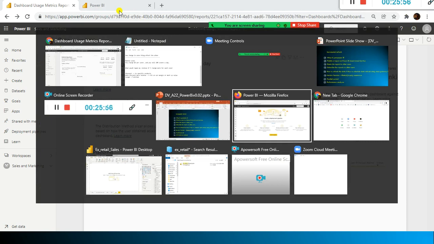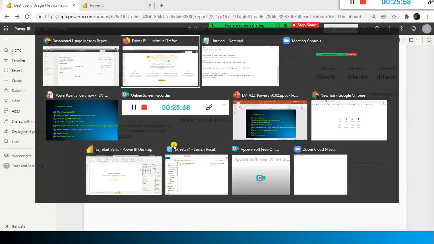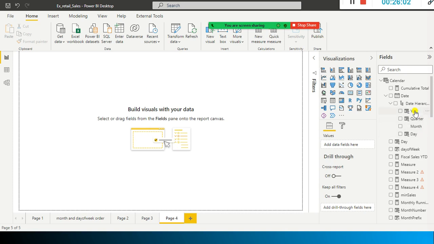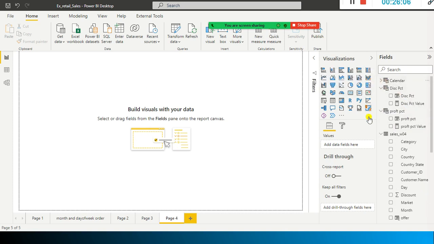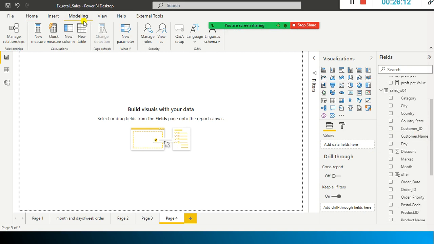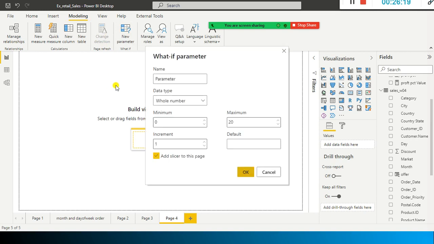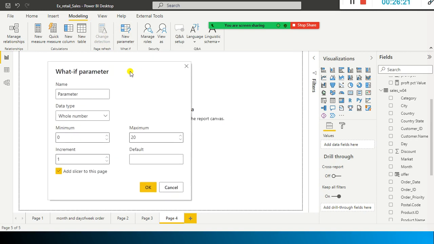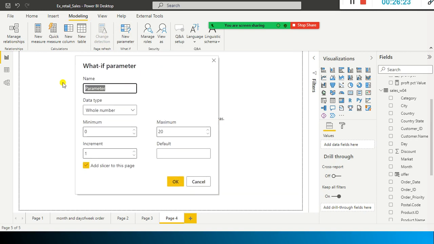We perform the scenario-based analysis using Power BI. So let me, where is the Power BI? Here I have it, okay, it is readily available, good. For example, let's go to the modeling, and here I can see the new parameter, What If. This is different from the query parameter, right? The query parameter, you can limit this one.